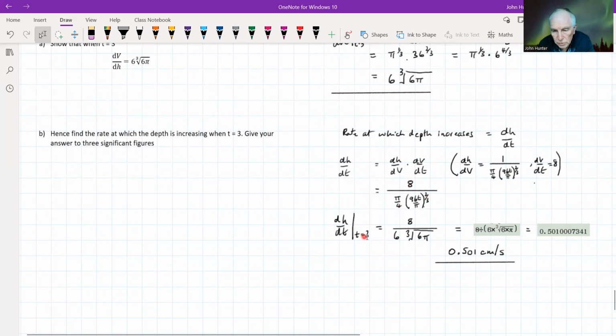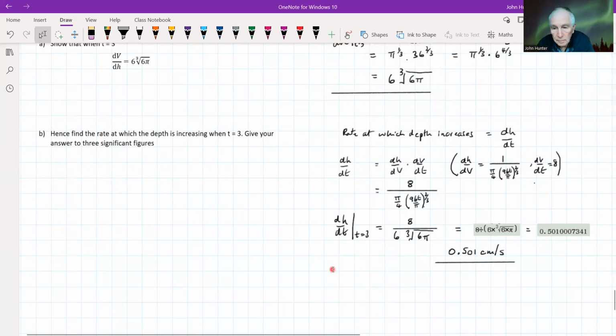And if we sub t equals 3 in there, well, we know what's going to happen to this because we've just done that in part A. So it's going to come out to this crazy little thing here. So that's what we've got, 8 over 6 times the cube root of 6 pi. And we can just plug that into our calculator and it gives us this answer. It's asking for 3 significant figures. So if we work that through,